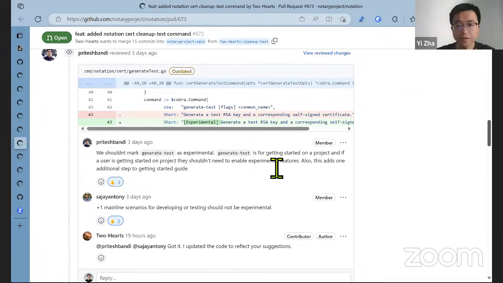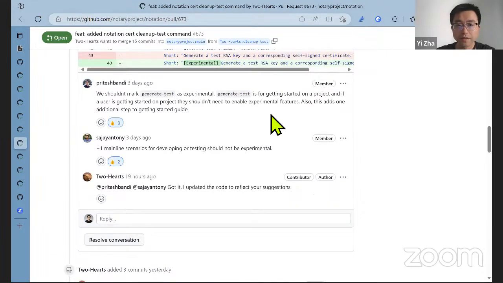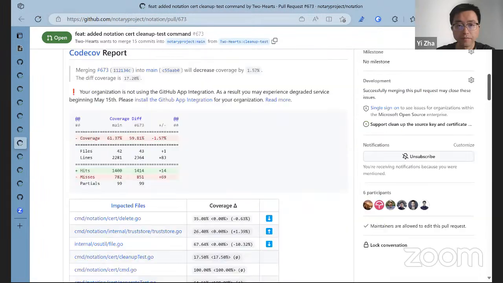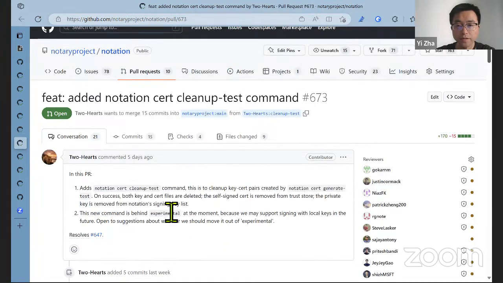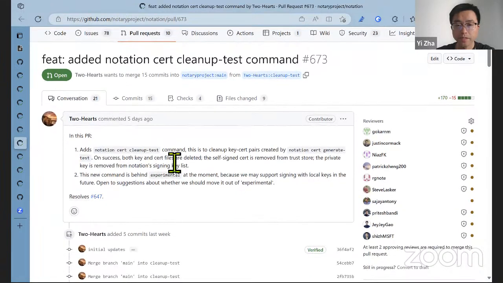Yeah, I think for the general test, we are aligned that we don't put it behind the experimental feature, and it's needed. So the point is that we think the cleanup test is not good enough to include it for the RC6, right? As Pritesh mentioned, people may use this command to clean up other certificates,